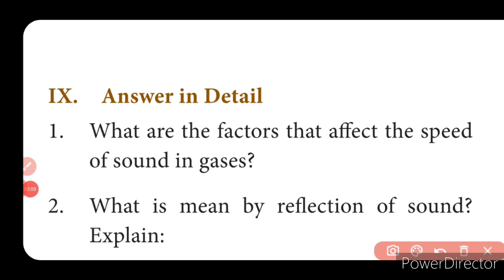Now your homework for today is on page number 72, where you have to answer in detail. Your homework for today is question number 1: what are the factors that affect the speed of sound in gases? We said the effect of density, the effect of temperature and the effect of relative humidity. So this is the answer. For the answer, you can refer to page number 61. Prepare the answer for it and write it in the classwork. I'll send you the PDF by tomorrow, and by seeing the PDF also, you can write the answer. Copy this question in the classwork and submit the classwork on Friday in the school office.